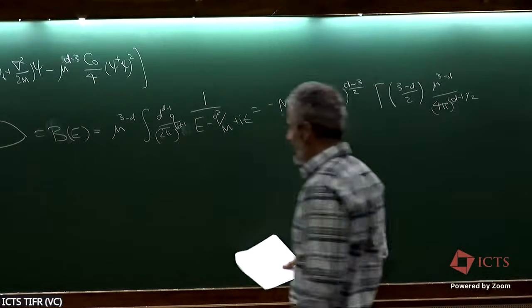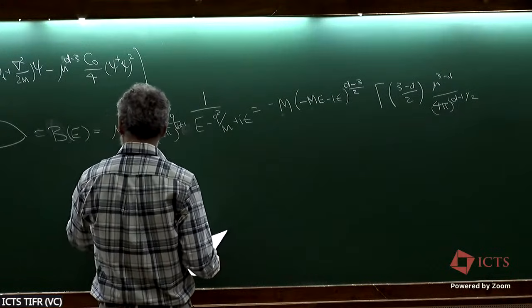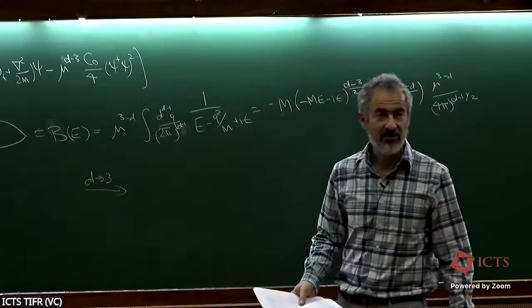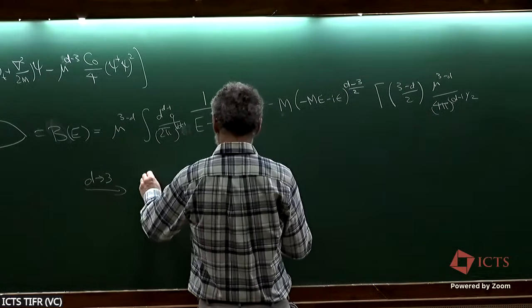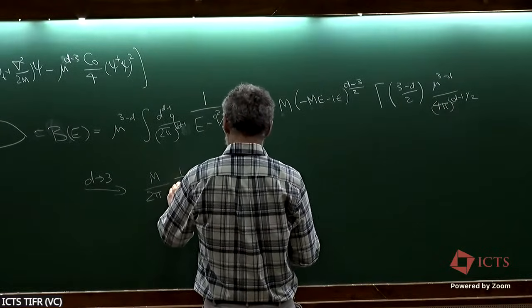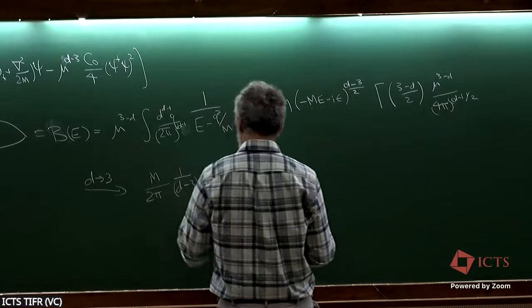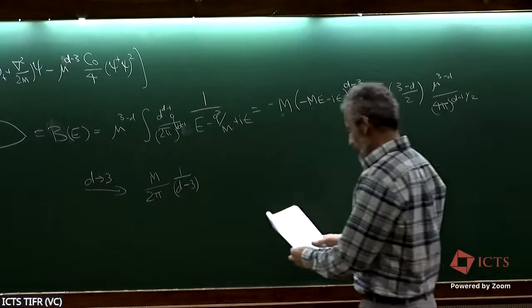And as d goes to 3, because that's the space-time dimension, so that's 2 spatial dimensions, this goes to M over 2 pi, and now I get a pole from the gamma function because its argument vanishes. So there's a 1 over d minus 3 pole